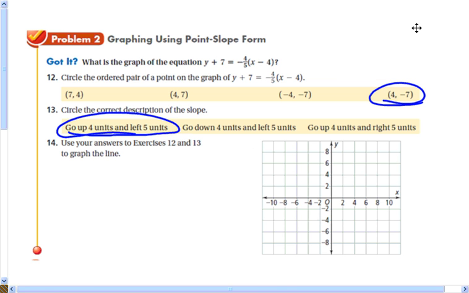All right, I'll help you graph this here and talk about it a little bit. So we have a point at (4, -7). That'd be right down here. Okay, and then when you have a slope of negative